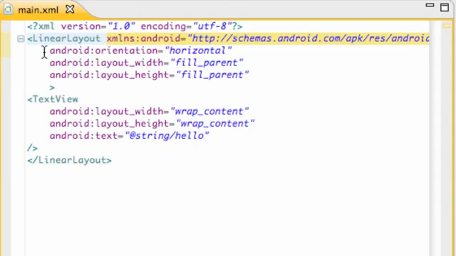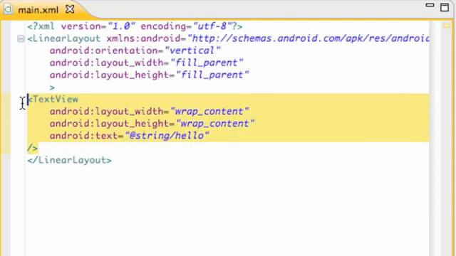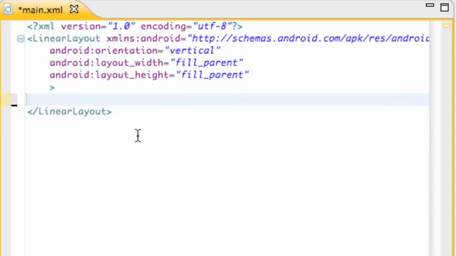And then the next thing that we have is the orientation of our linear layout, which is set to vertical. I was messing around with it, and so that's why it was changed. Basically what that is going to do is set all the items within the linear layout vertically. So for example, if we copy this text view, or this text for the most part,